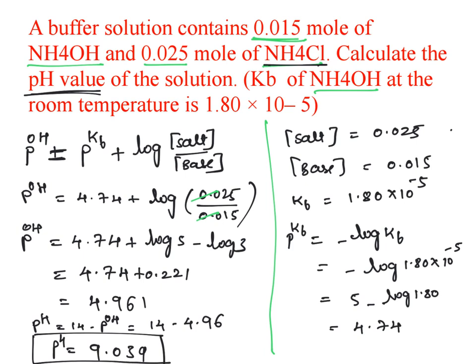So when we add this mole ratio of ammonium hydroxide and ammonium chloride, the resulting solution pH is approximately 9. This is the way we do problem solving on buffer solutions. First we have to identify whether it is an acidic or basic buffer, based on that use the formula, and by the given concentrations we can calculate the pH of the solution. And this is about the buffer.